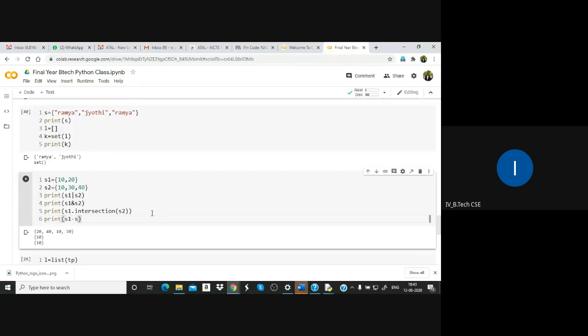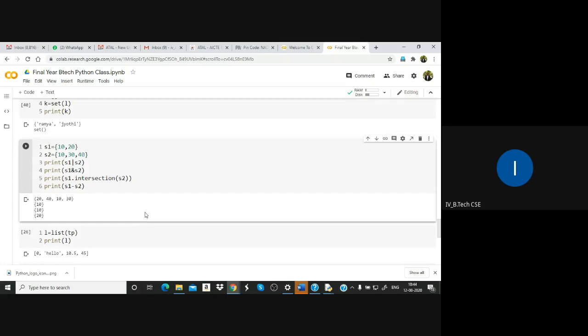This is the difference operator. Like that you can find the difference between two sets, S1 minus S2. That is all acceptable.